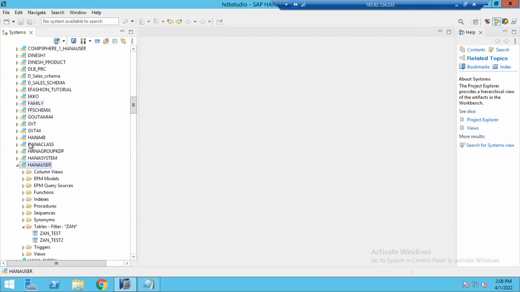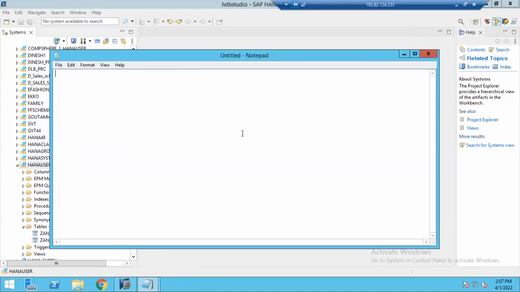What about other schemas? In the same way, however many people are working on this database, everyone has their own schema, but you may not be able to see that schema unless you have authorization on it. For example, let's take a person called employee1.